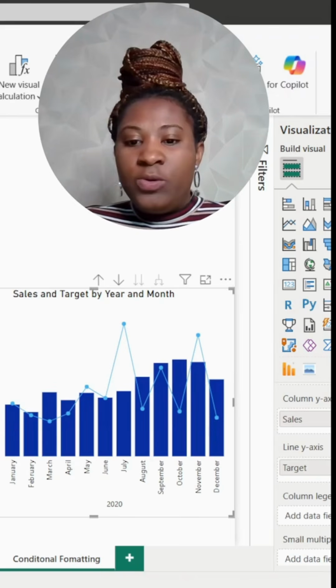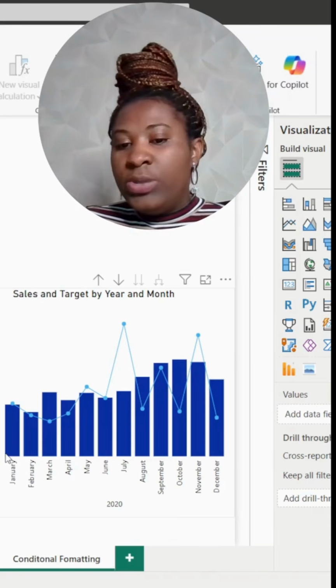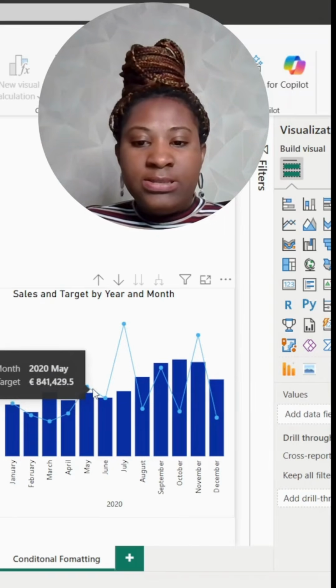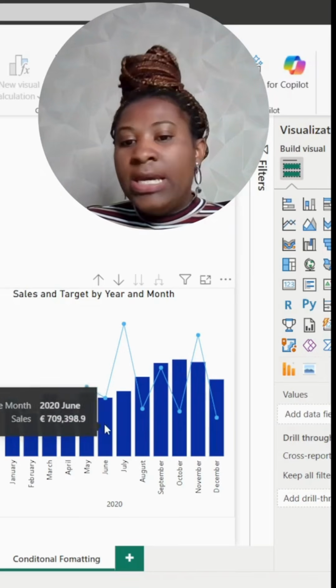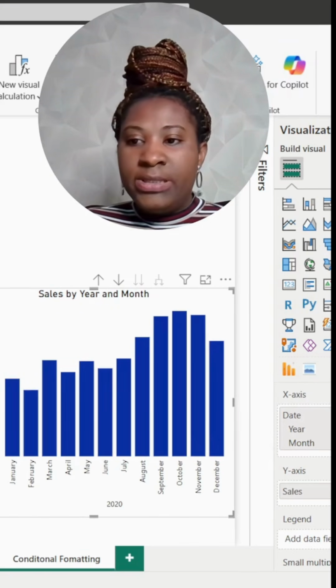But then what if we don't want it like this? What we can also do is we can highlight the bars itself that had the lower sales than the targets that we had anticipated. So we just have the sales. What we can do is to create a new measure,